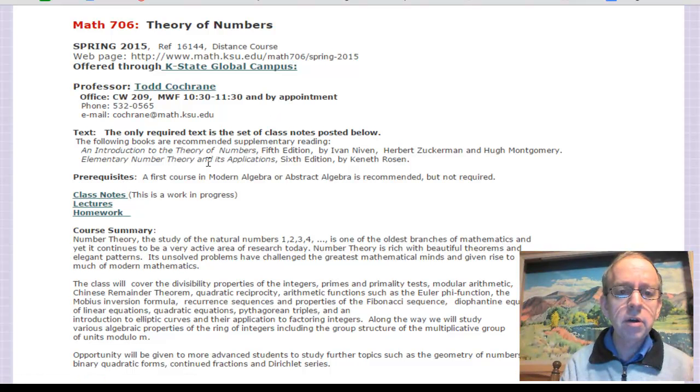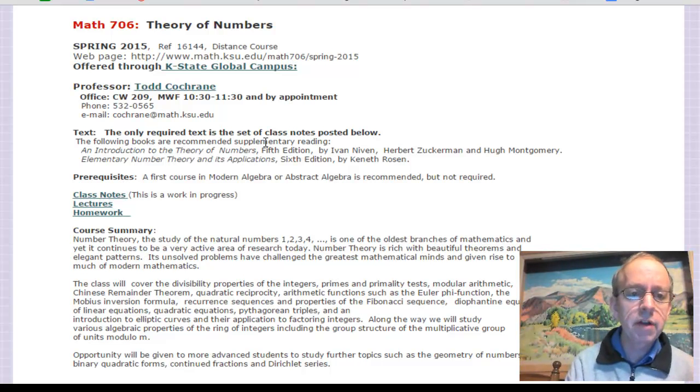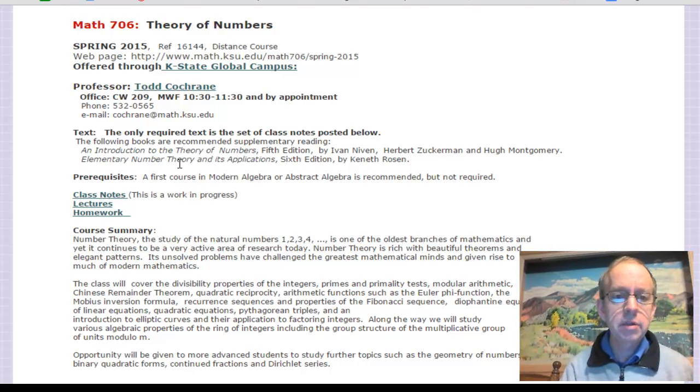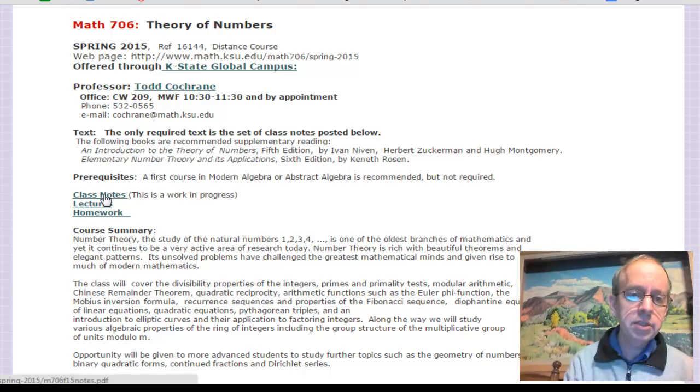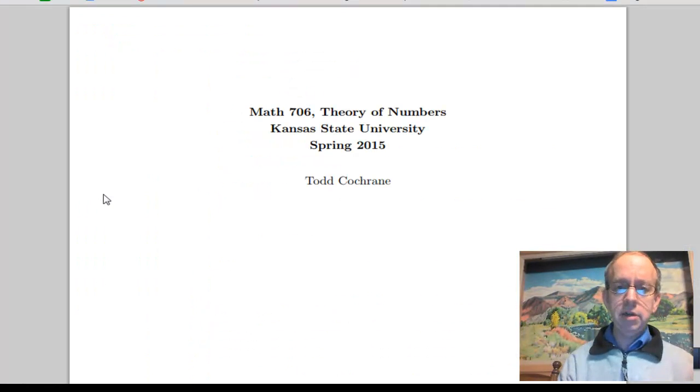Okay, so there is no required textbook for the class. If you already have any introductory number theory book, that should work out. Probably the textbook I follow most closely is the book by Niven, Zuckerman, and Montgomery. Another one I might suggest is Rosen's book, Elementary Number Theory. But there is no required text. The class notes themselves are essentially a textbook. So if you click on the class notes,